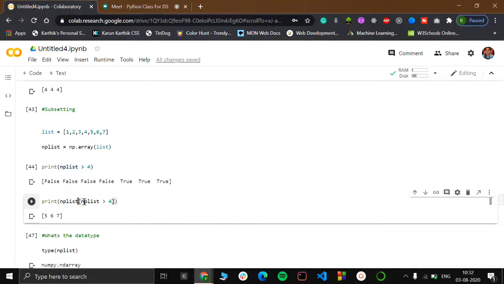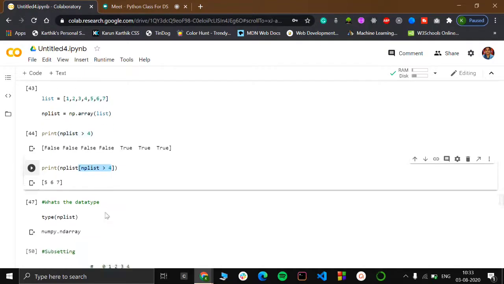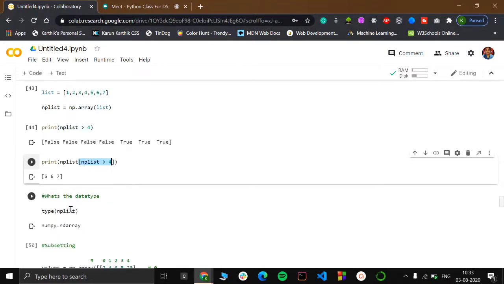It prints the list values which are satisfying this condition, the values which are true, so you will be getting the values 5, 6, 7. And this is the same thing which we have seen previously. Type of np list gives you np.ndarray.